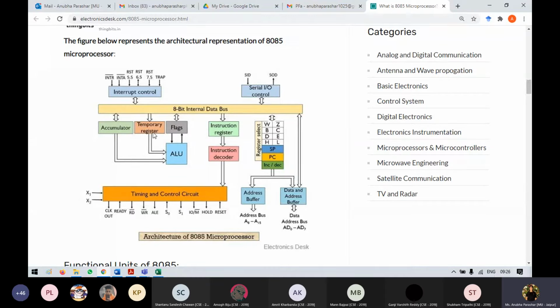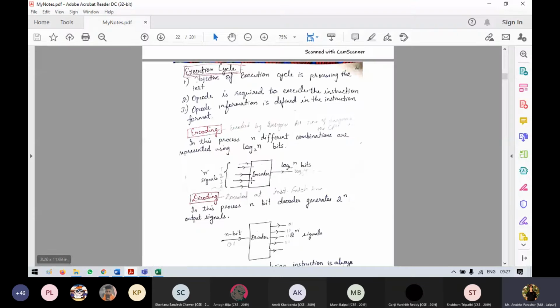Again, they could be fetched. If there is any complicated calculation, that could be performed. And at last, the entire value will be stored in RAM. So this is the execution cycle.